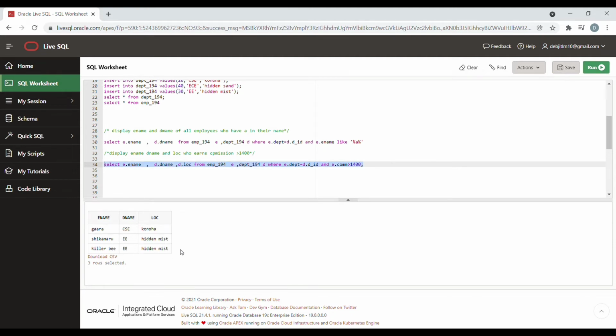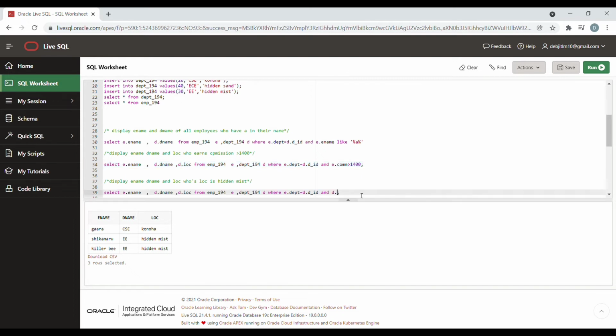Now we will see another question. For this question I will display similar things, but where the location is hidden missed. According to the values which I have entered in my table, I will write the query. I will write the hidden missed location. I don't need to show the commission part here. So I will again copy the query and edit it, because the select statements are all similar here.